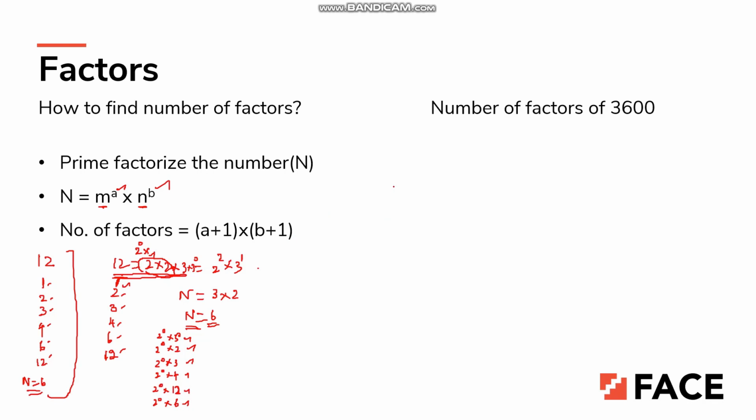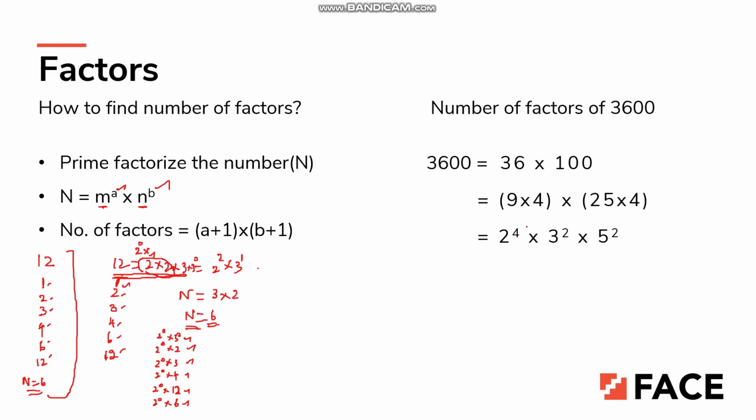For a number, finding the number of factors of 3600, right? So 3600 can be written as 36 into 100, right? And this is not a prime number. 36 and 100 are not prime numbers, so we have to convert this to a prime number product, right? So we can further break this down to 9 into 4, and 100 can be written as 25 into 4,